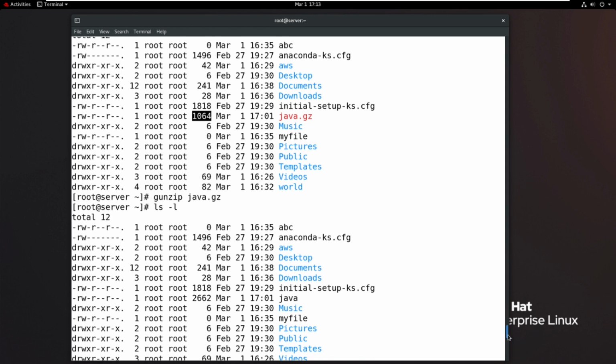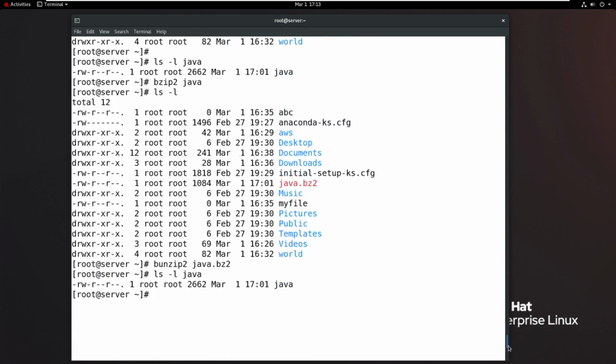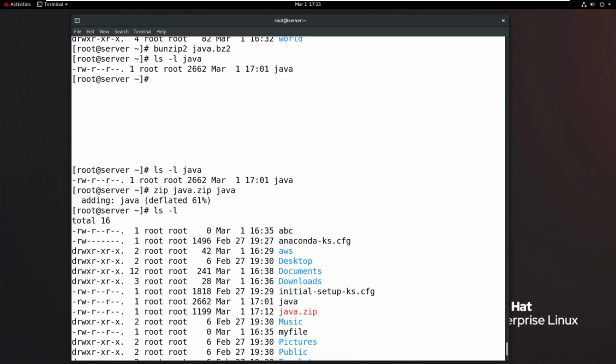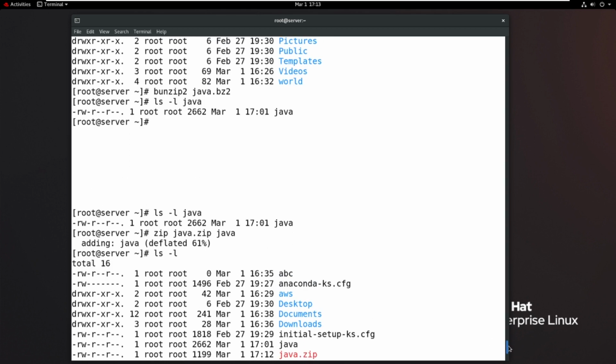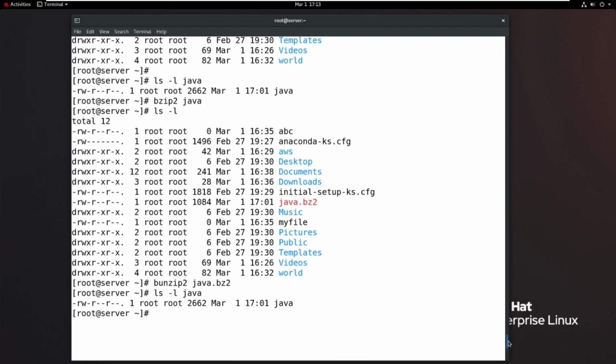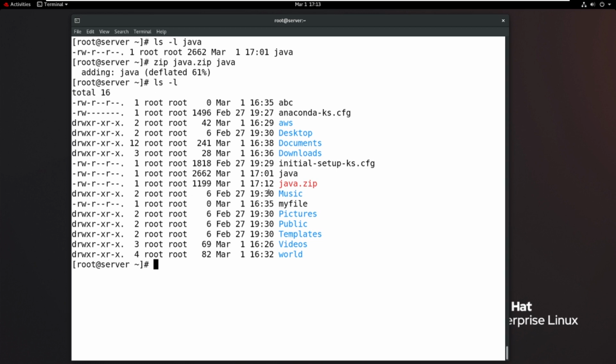And the second one is 1084, like it is called 10 bytes or something is the variation. And the third one is 1199, so a little bit high. So the very good tool in Linux is first gzip, and then more compress is bzip2. Then the third important tool is the zip tool.